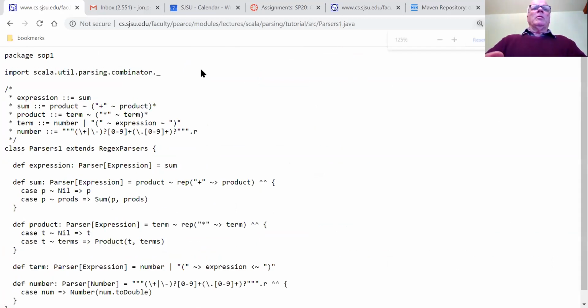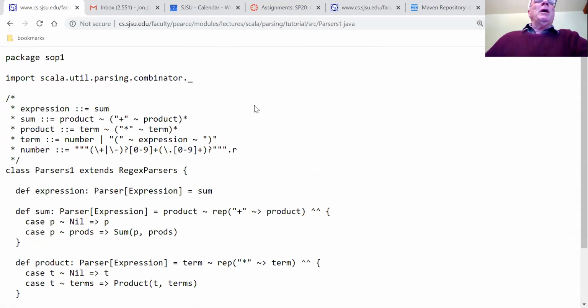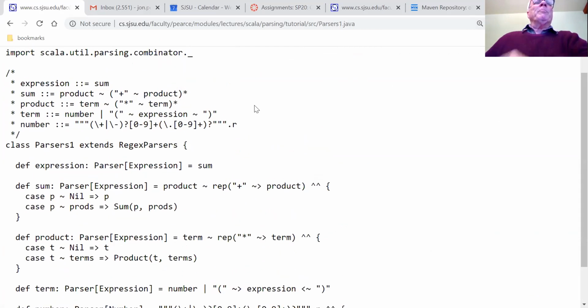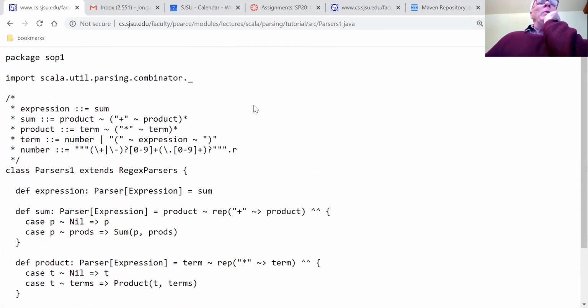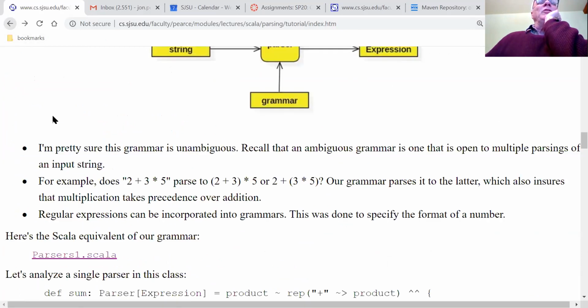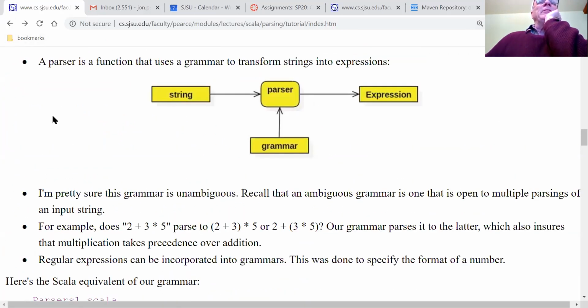This was one version of my parser, right? So again, the way that you do these parsers is, of course, you have to add in the parser library, right? And here you would need to create a little project. I think I've given you